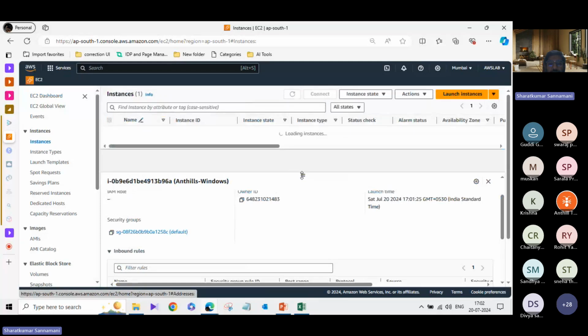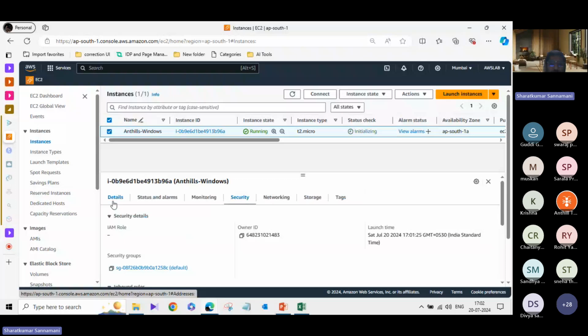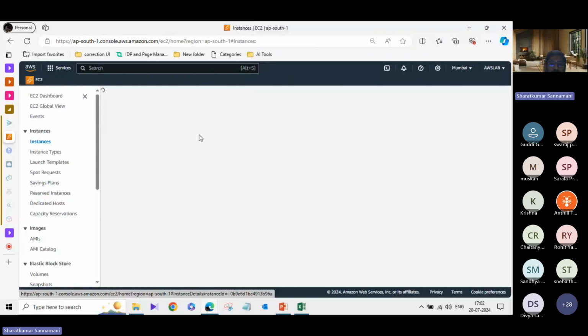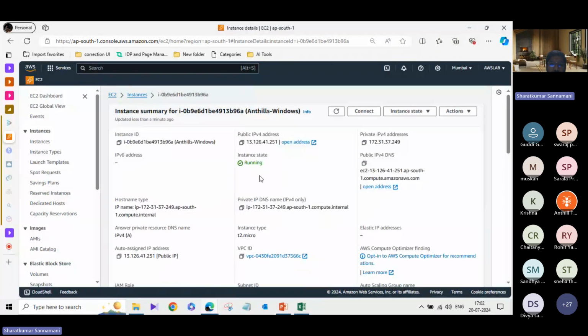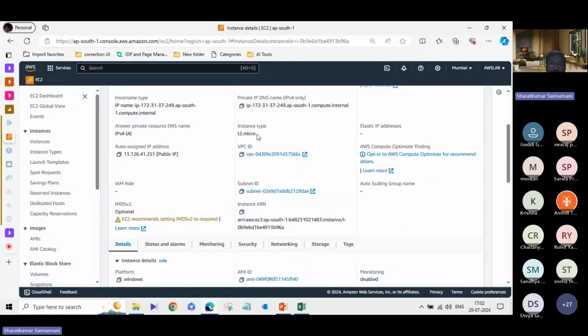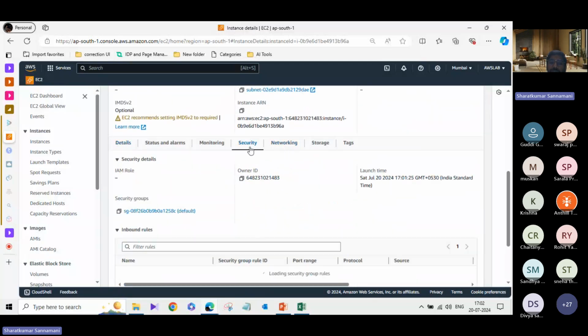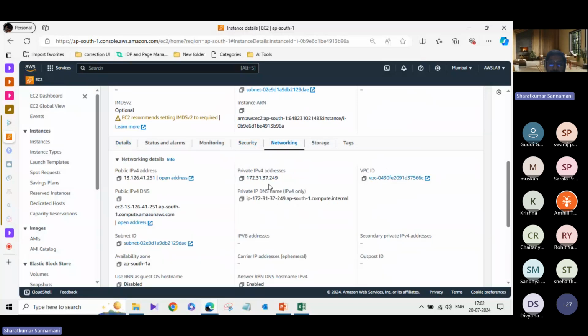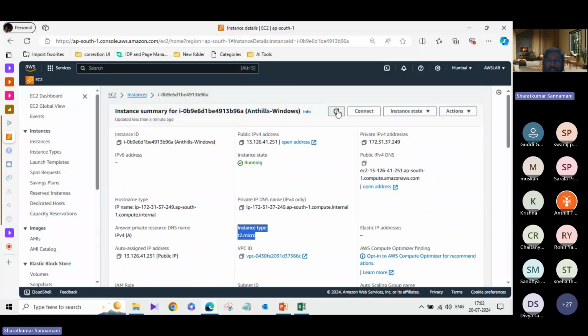See, once you create a virtual machine or a server, you'll be able to see all the information or all the details, whatever you have just selected, what IP it got assigned, what is the name of the server, what is the size. This tells us the size. What is the security you have used. We just talked about security, right? We have securities, we have networks, we have storage, right? There are n number of things actually.